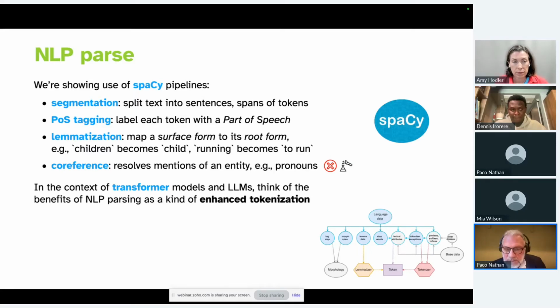Overall, we'll be using a lot of transformer models. We won't be using much in terms of LLMs. Actually, transformers tend to work better for this type of work. You can think of what we're doing with NLP parsing as a kind of enhanced tokenization, because a lot of the work more currently with LLMs is using some pretty dumb tokenization. We kind of threw the baby out with the bathwater when people shifted to LLMs. And now people are finding, oh wait, actually, let's go back and redo the tokenization in a smarter way. So you see these worlds kind of blending.